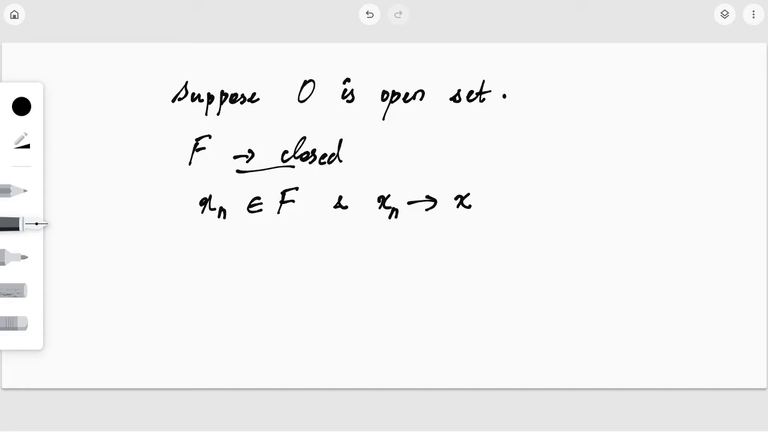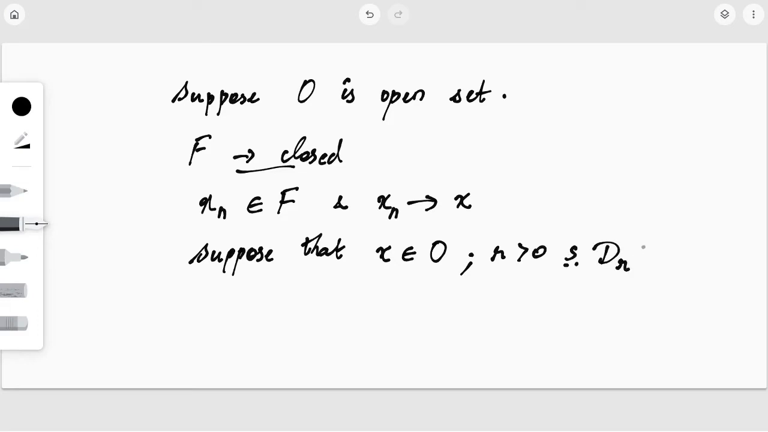Okay, so suppose, if possible, that x does not belong to F, that is x belongs to O. Now, as O is an open set, we can find an r greater than 0 such that d_r of x, that open ball containing x, will be contained in O. This is by definition of open sets. So, now as we have assumed that x_n converges to x,